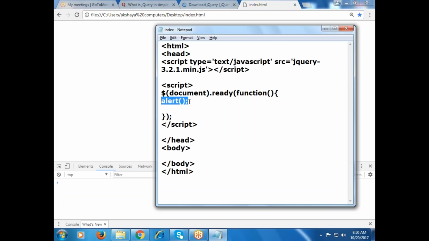So what is this dollar document dot ready? What does it mean? It means that when your document is ready, then this will be called. What is this document? Your HTML components are nothing but the document. So when it loads completely,